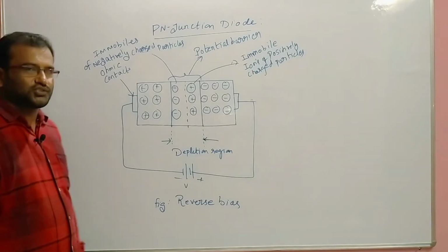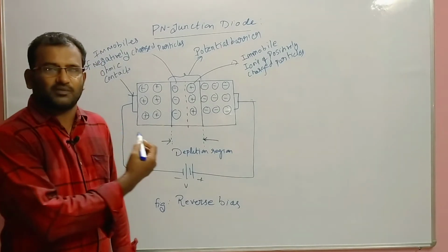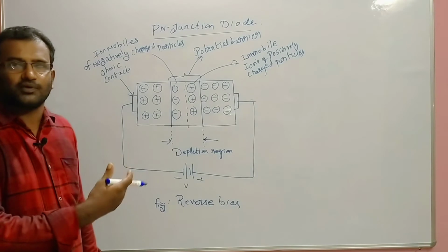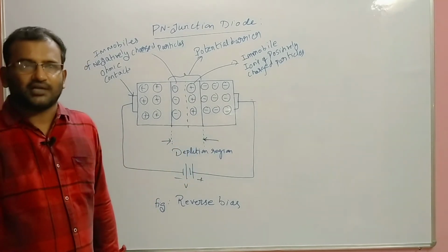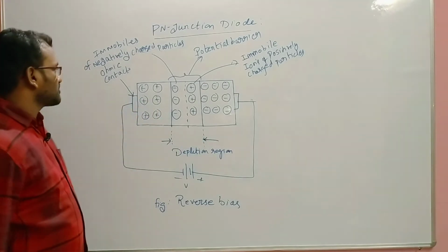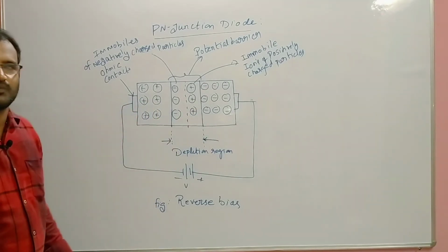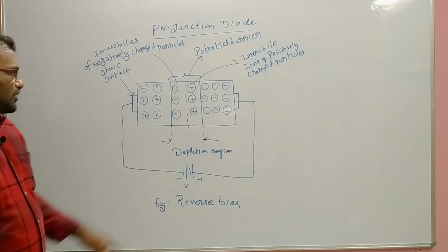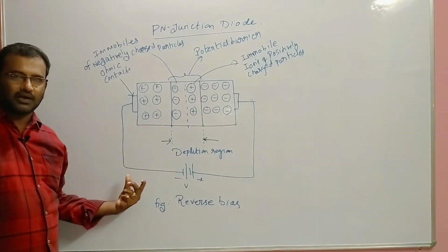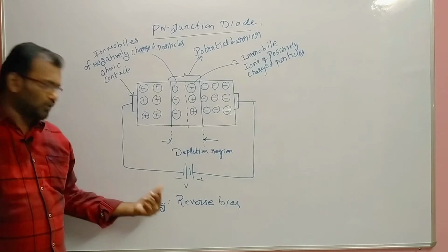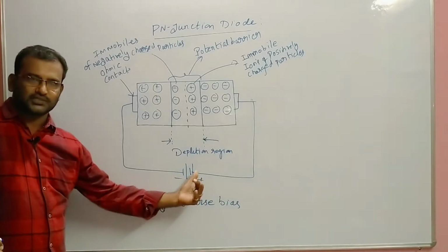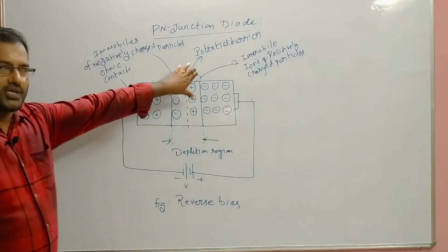So just now we had discussed forward bias condition. Now we are going to discuss reverse bias condition. What's the difference in operation between forward bias and reverse bias? Let's see. This is a picture of the reverse bias condition. Can you identify any difference in this picture compared to the forward bias condition? Only one thing we have to change: the supply voltage. Based on the supply voltage, the operation will happen.